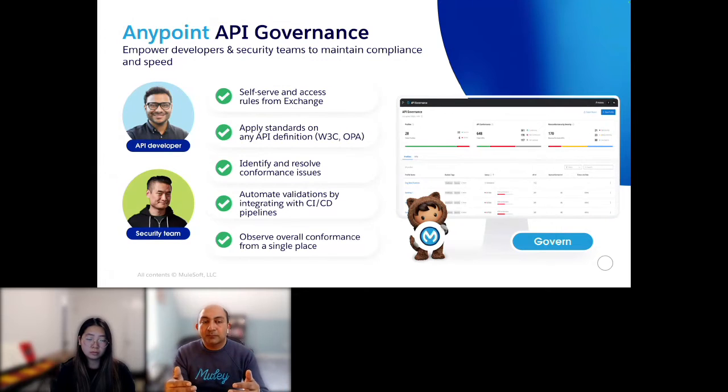This is where we launched a product around 1.5 years back, Anypoint API Governance, which now provided you the tools and technology to start actually implementing governance within your organization. It allows your developers as well as your security teams to work together to maintain that compliance and speed. An example of that is, if I'm part of a security team or an architect, I can define the rules,